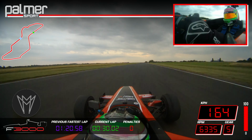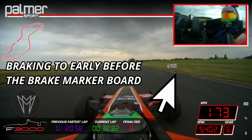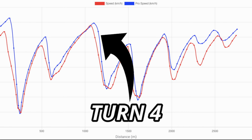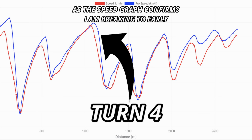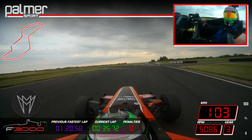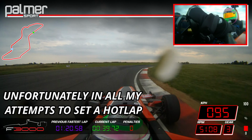Next corner, slow chicane, but I brake before the braking sign, which meant that I lost some time there. I didn't brake too hard or get the speed out of the car too much. I was just too early. Within the second sector I just braked too early everywhere, but the drizzle didn't help, as the hot lap of the pro was within